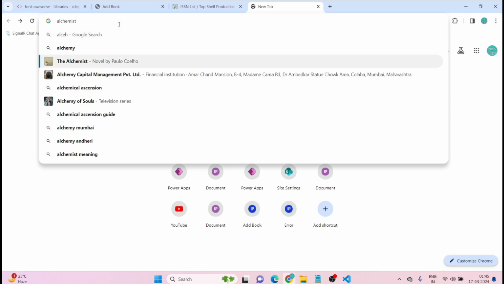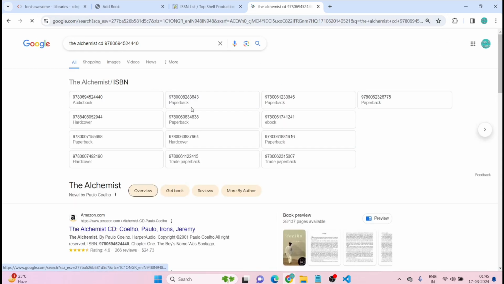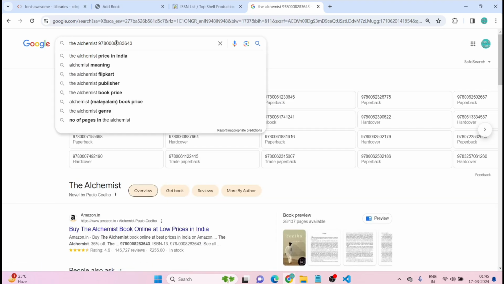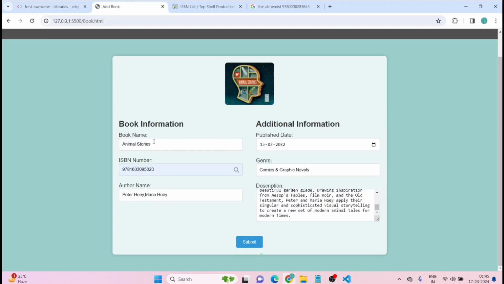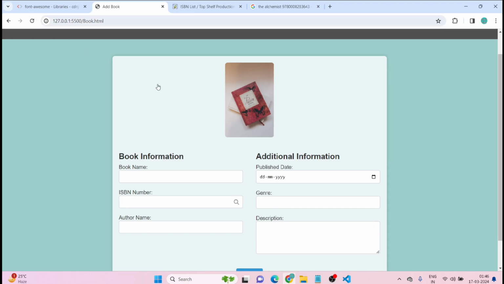Alchemist ISBN number. Maybe this one is paperback, not this one. Can use this if we can. Yes. So now if you'll see, we have this default image which we have given on the page load. So that image will get loaded when there is no image available in your API call. So this is how our page will work, and we have achieved it, whatever we said, like getting the data,